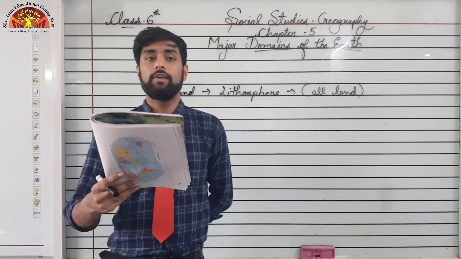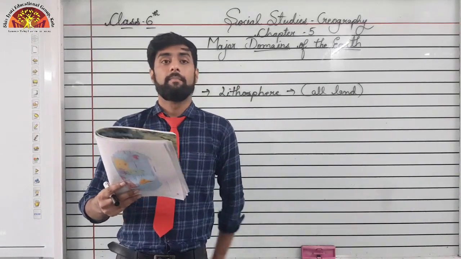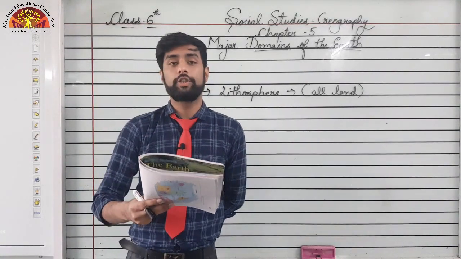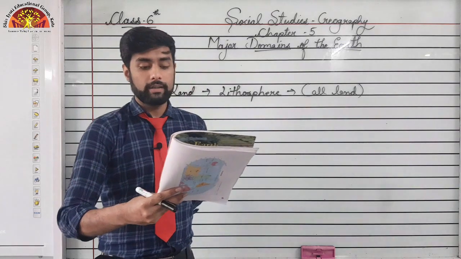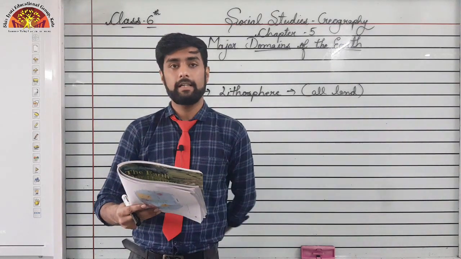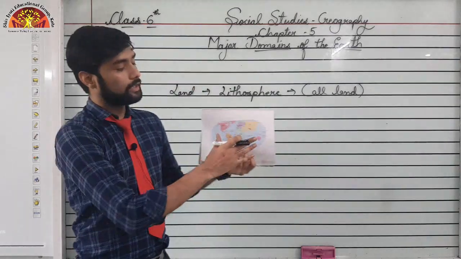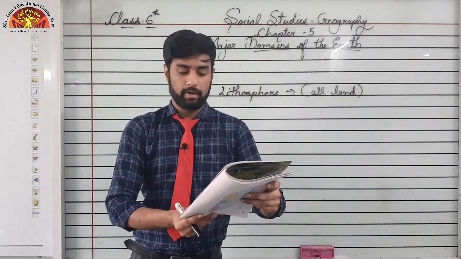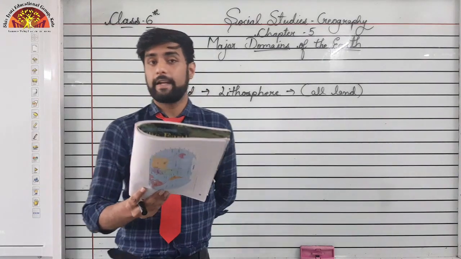And we also have huge water bodies, okay? Means bodies where a huge amount of water is collected. We call them ocean basins. All the oceans of the world are connected with one another. You can look at a map on the next page. You will be able to see all the continents as well as all the oceans. We will discuss this map in a minute. Okay. Now, this line is very important.